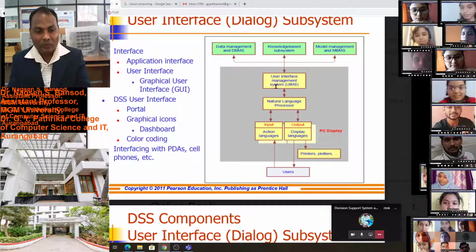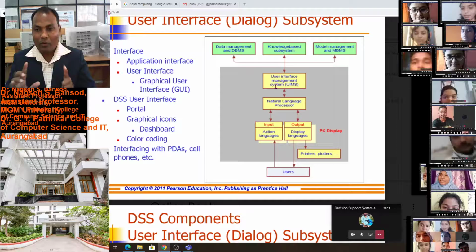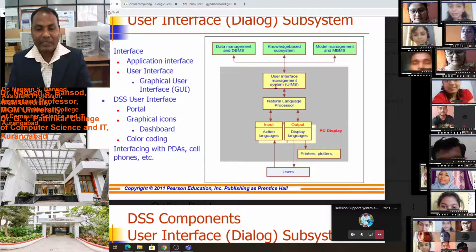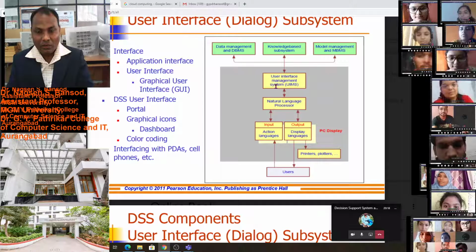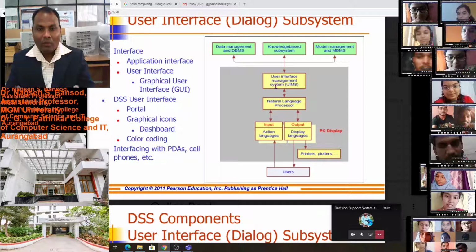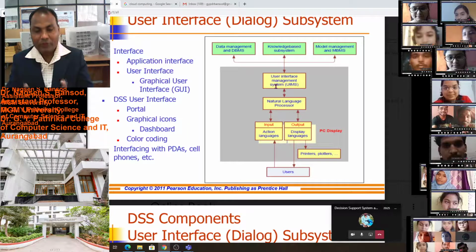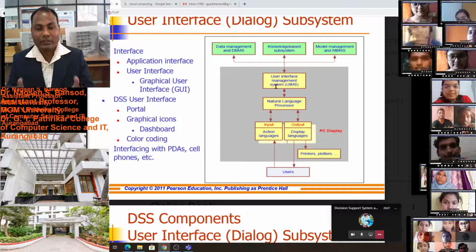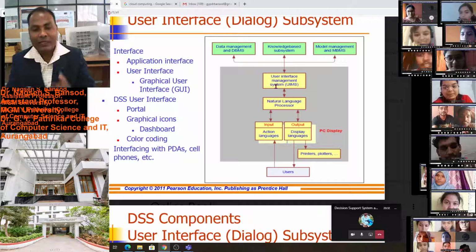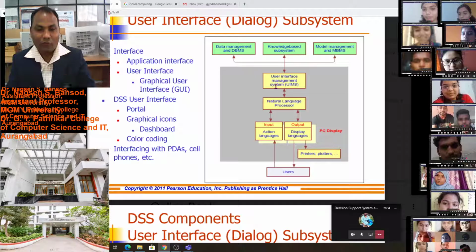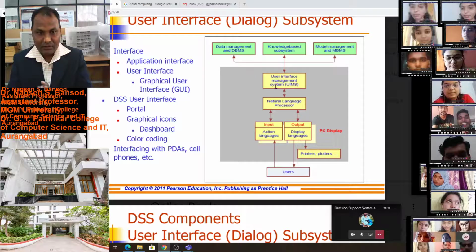This is a very important component of decision support system, the user interface, to provide all the users what is required, to reach the customer directly, and to increase the production of the industry. We have to use some tools, some software, some intelligence technologies, and to connect all those technologies, tools, and software to the person, we require a user interface.